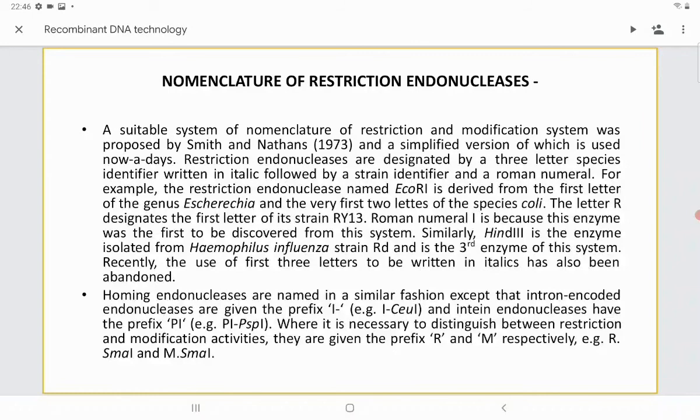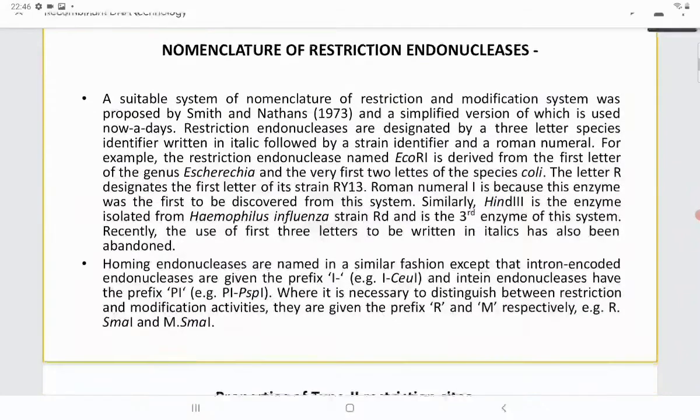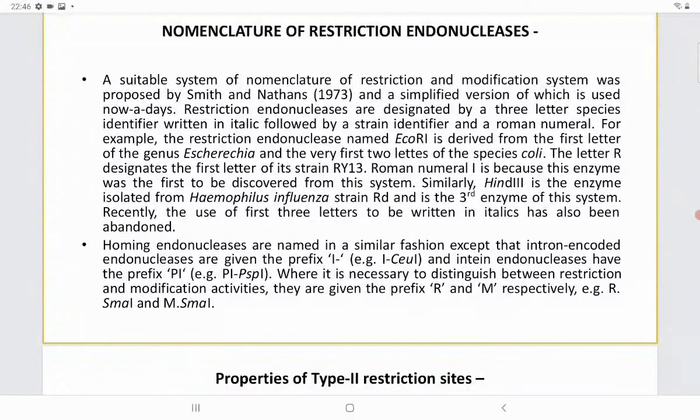But sometimes these Roman numerals signify the source from which this enzyme was acquired by the cell, whether it is plasmid derived or phage derived. On the basis of that, these Roman numerals are also sometimes used in the names of restriction endonucleases. Similarly, HindIII indicates that it is present in Haemophilus influenzae strain D, and it was the third enzyme